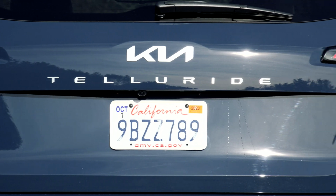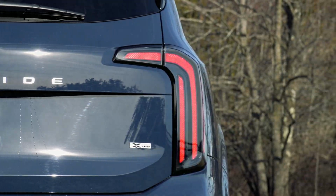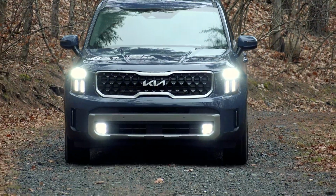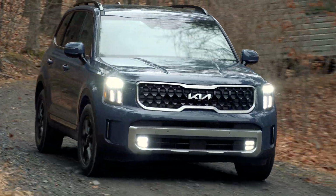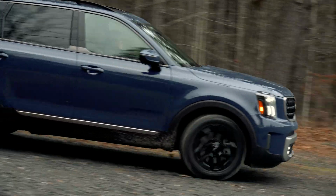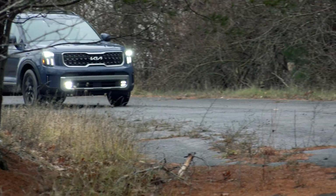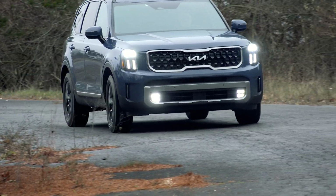Whether or not you decide to go X-Line or all the way to X-Pro, these new additions to the Telluride lineup add a little off-road swagger and, with the Continental rubber, expand capability. The X-Pro treatment doesn't turn the Telluride into a Land Rover, but with a brand as ambitious as Kia, I wouldn't be surprised to see it further this